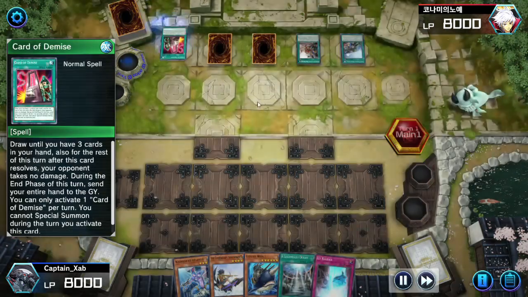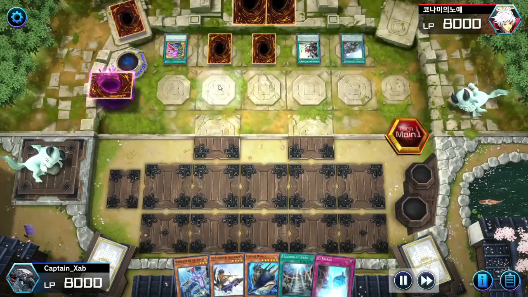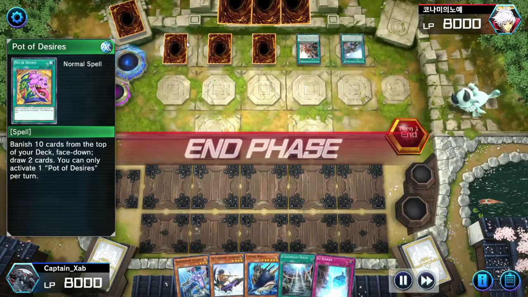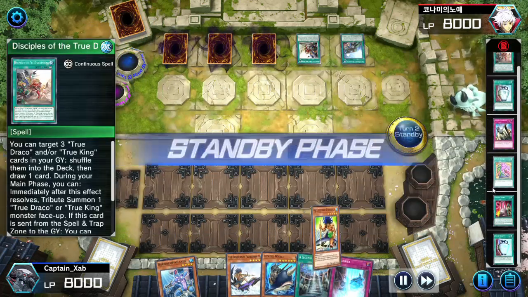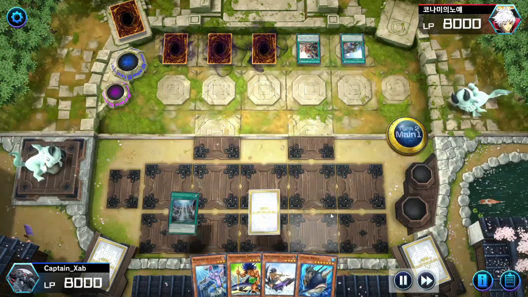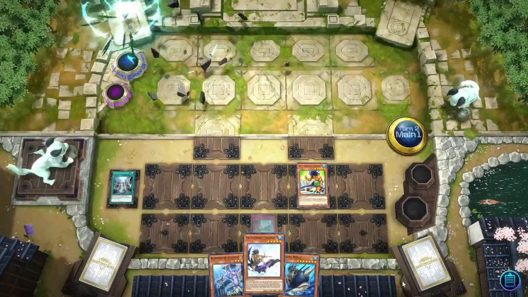Gonna activate, set 4 back row, activate cards, minimize to draw 3. Get drawn. Get setting. Opponent just going crazy with all this back row. Well, nothing we can do but special summon our...